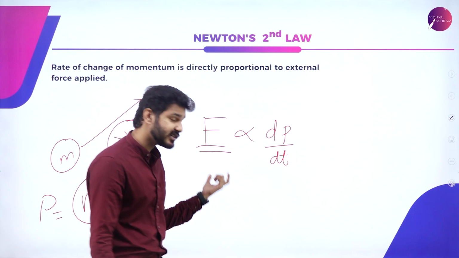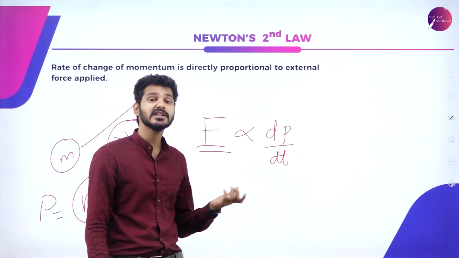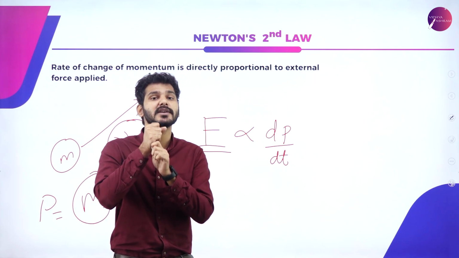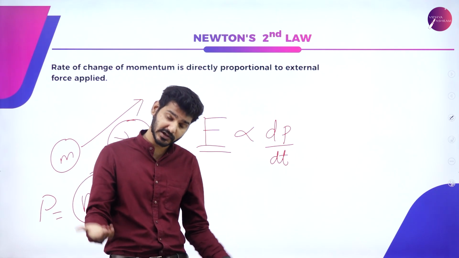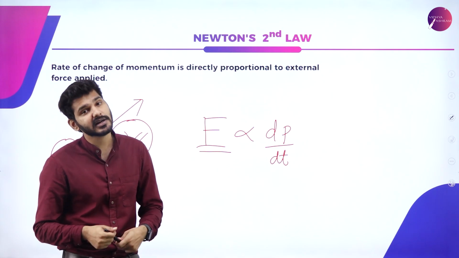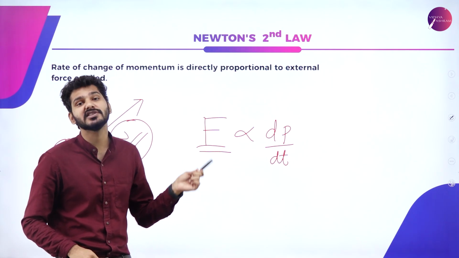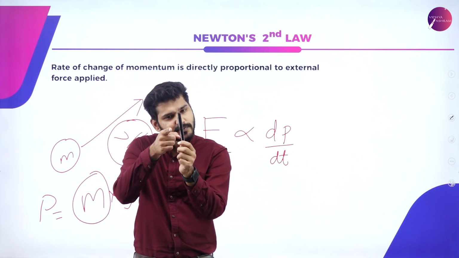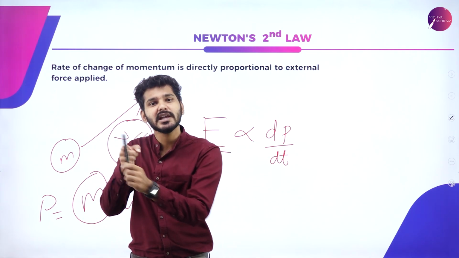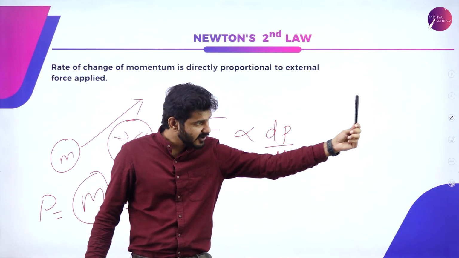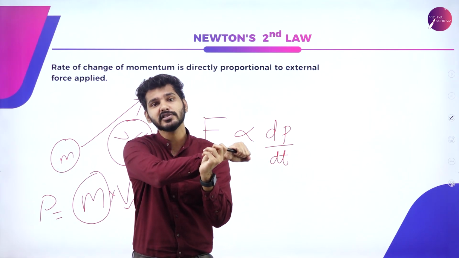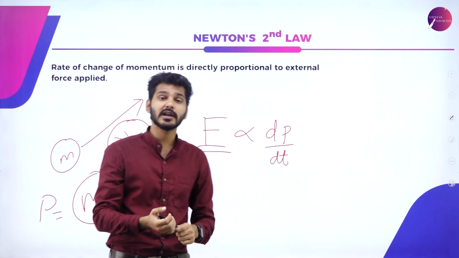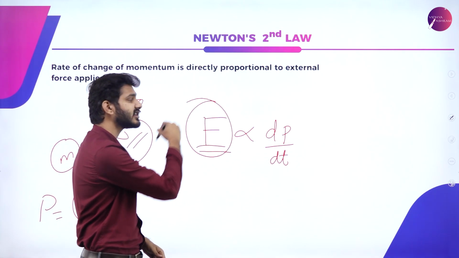And what Newton observed and stated is that the rate of change of momentum, that is, how much I can change the momentum of the particle with respect to time, is directly proportional to the force applied onto the object. If an object is coming and I apply a small force, then the momentum decreases only by a small factor. If I apply a lot of force, then the momentum changes drastically. That all depends upon the external force I am applying.